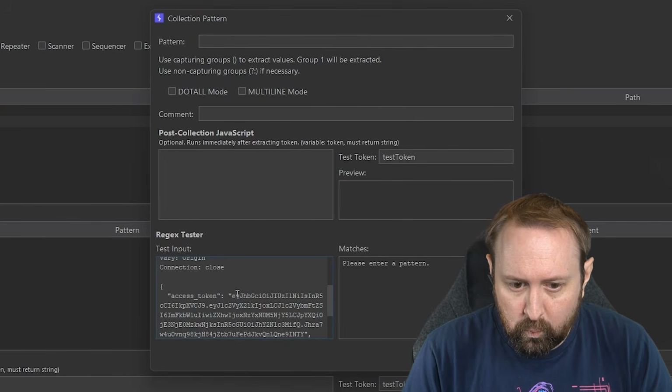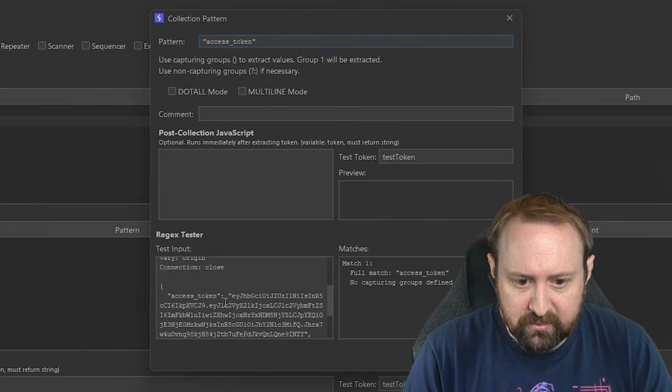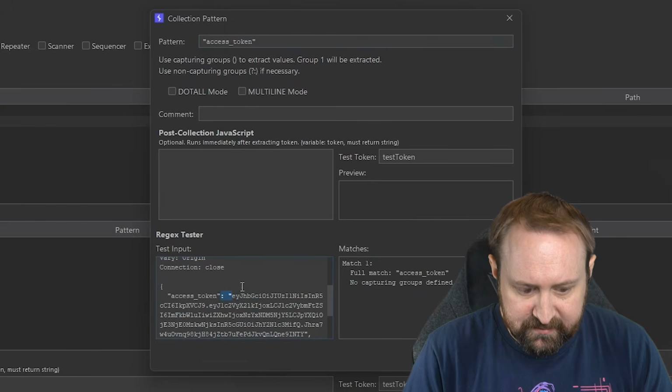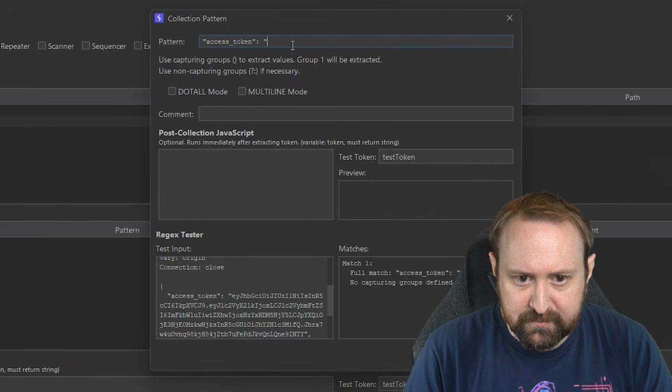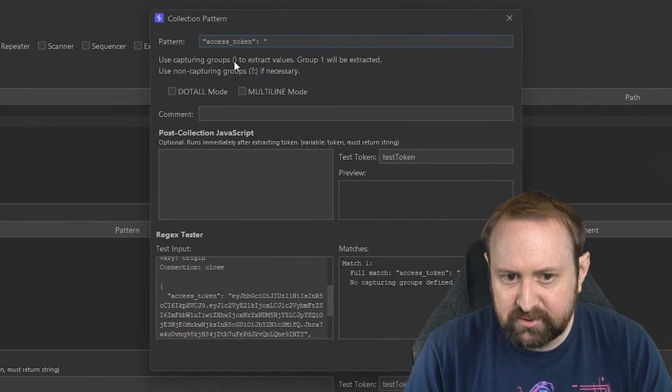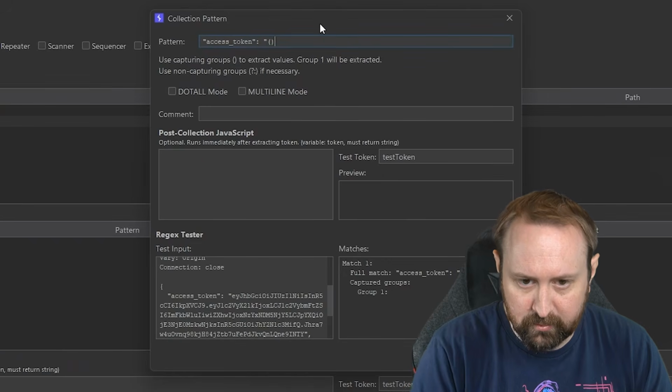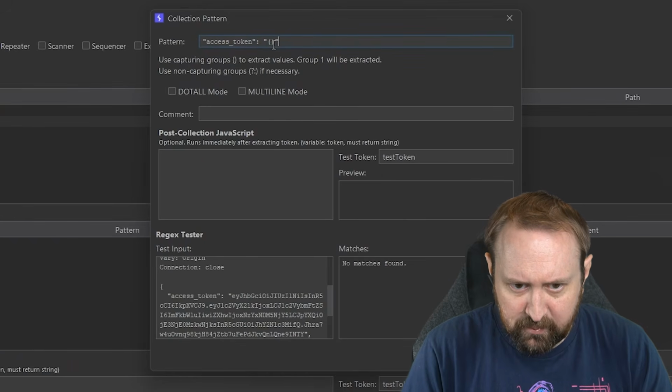And you can see really what we want is we want to match on this access token part up here. We need access token. We do need a colon, space, and then a double quote. And how this works is you define a capturing group. So a capturing group is basically that. And we want to capture